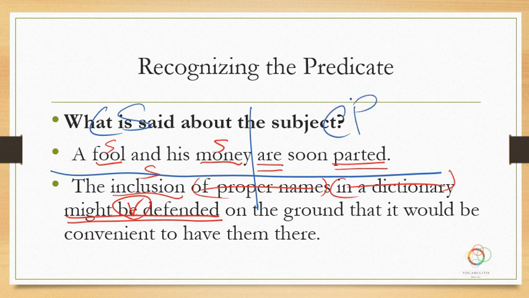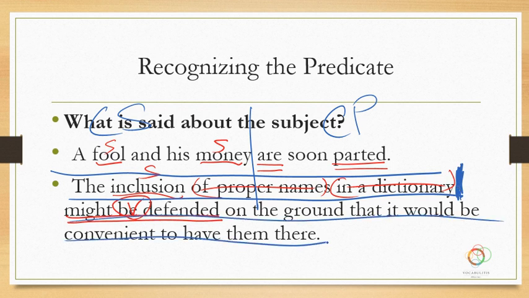Okay, and so in this second sentence, inclusion of the proper names in a dictionary, that would be your complete subject. We would separate, draw a line there, and the rest of it is the complete predicate. And of that complete predicate, this verb portion is called the simple predicate. Okay, not so important in studying the rest of the grammar, but these are good to know, words that help us to communicate with each other. So something you want to be familiar with.